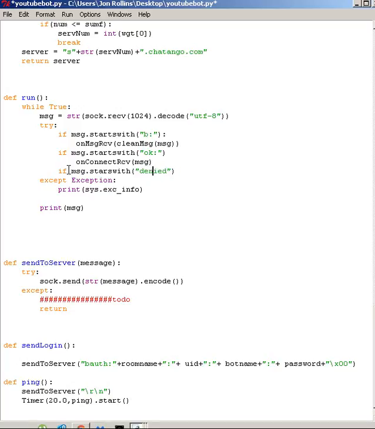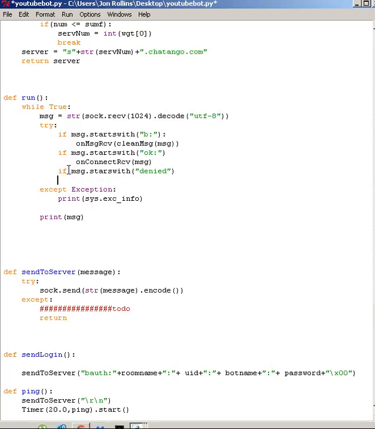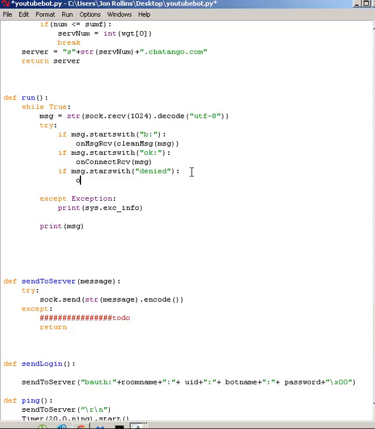My N key is broken, so you just have to bear with me here. And then we'll call on connect fail. And let's see, I guess we can do,